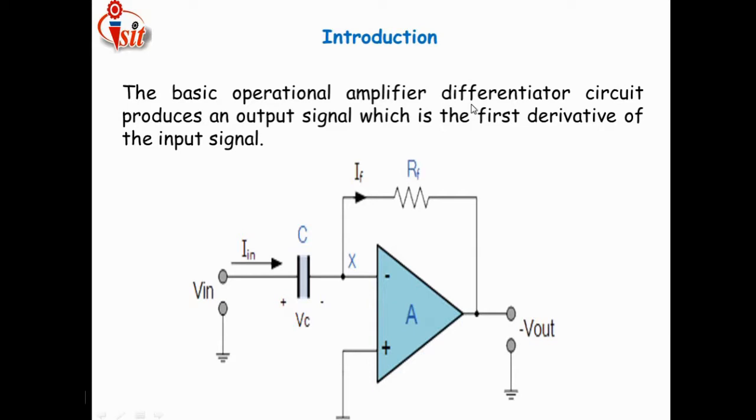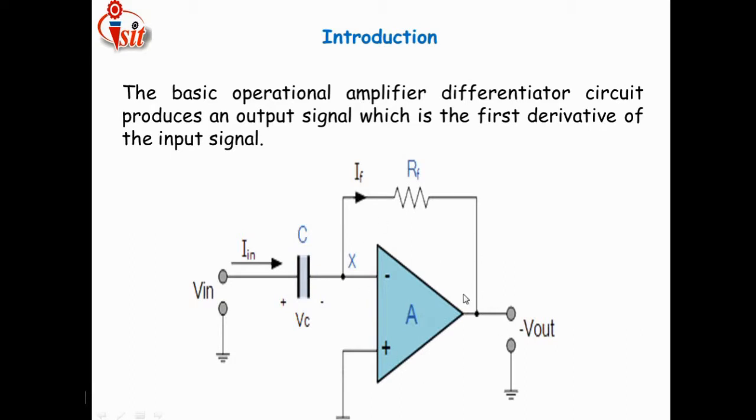that is order 1, order 2, d by dt, d2 by dt2, d3 by dt3, like this a number of orders are involved. But whenever we are applying input to the op-amp and the output is produced in terms of a derivative, in that case we are considering only the first order derivative output.